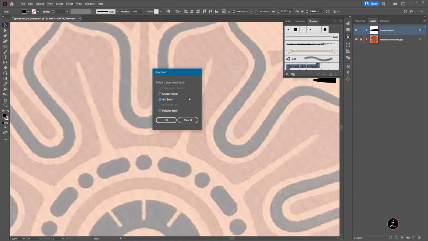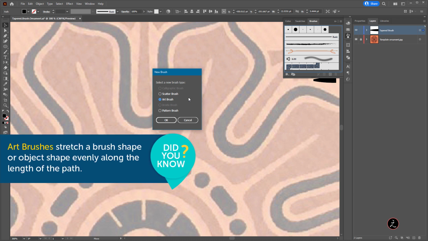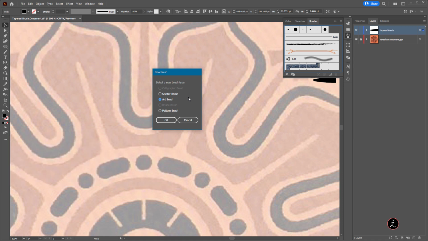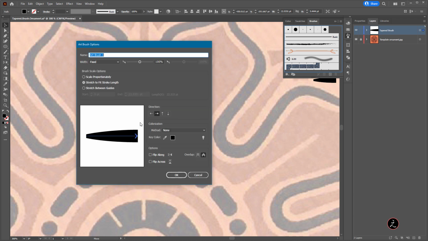Now we're using art brushes because art brushes stretch a brush shape or object shape evenly along the length of a path. And that's what we are going to do here for creating this path all along. So I'm just going to click OK. Let me go ahead and give it a name of tapered brush.